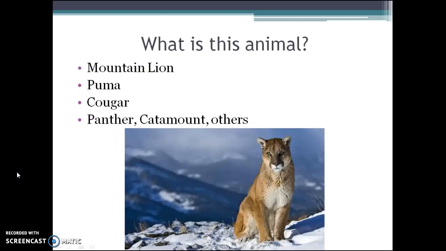All right, so take a look at this animal here, very majestic creature, and you could ask people around Grand Forks or from Central or from North Dakota or from the United States or worldwide what this animal is, and you're going to get many different names. Mountain lion is probably a common one. Puma, cougar, those are probably the top three, but also they are known as panthers in certain parts of the country, catamounts, and others. I've heard accounts of this animal having over 80 names.